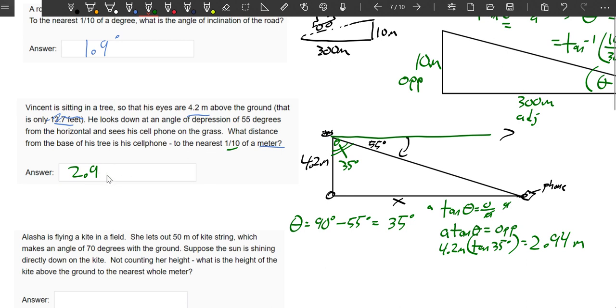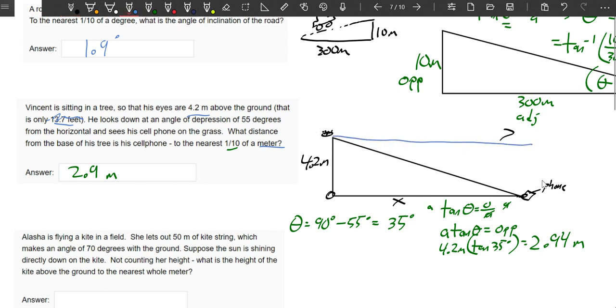Probably it just wants you to type in 2.9, but if you type in 2.9 meters, then of course I'll mark that right. If we did this an alternate way, there's another way to solve this problem that gets us the same answer. And that way is to draw